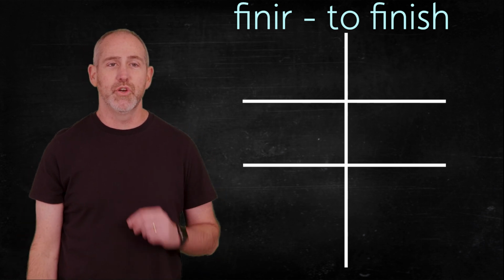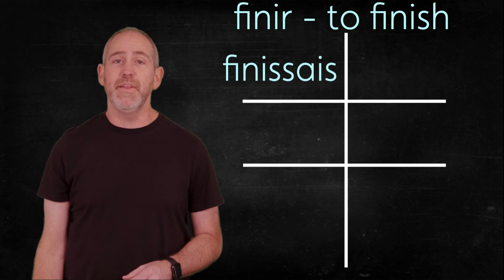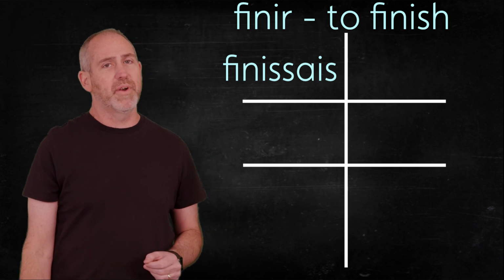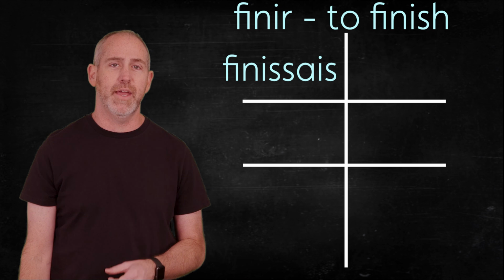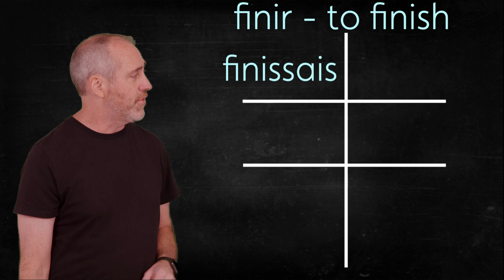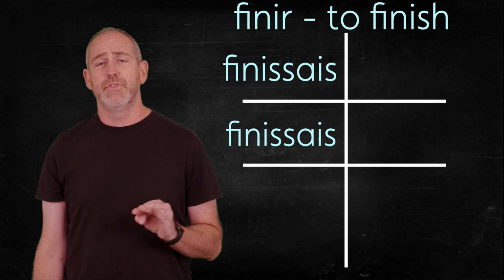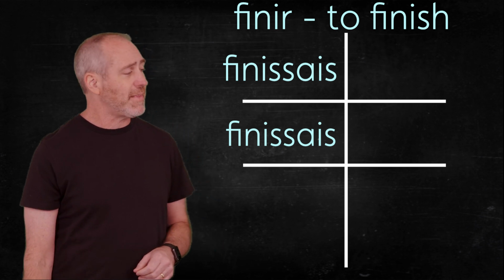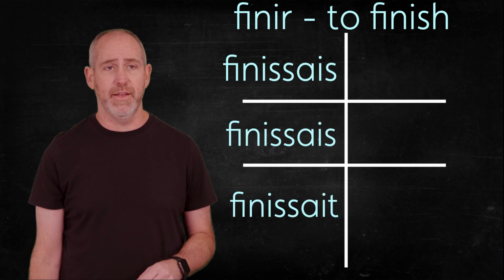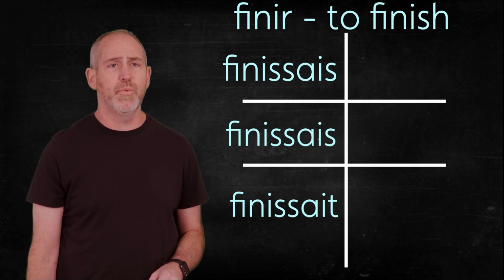First of all, the je form, we're going to take that root and it would be finissais. Finissais. That would be the root of nous in the present, and we would put the ending on it. Okay, so we're just kind of manipulating that nous form. Not a big deal. Now the tu form is going to be the same thing. It's got the same ending on it, everything. So it still ends in AIS. In the bottom left, the il, elle, and on form, we're putting that AIT on it. And then, as we said, we're going to go up there and put the ending on the nous form, which would be IONS,